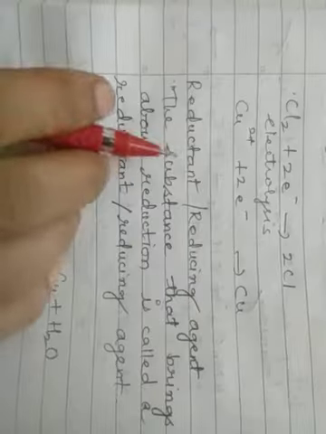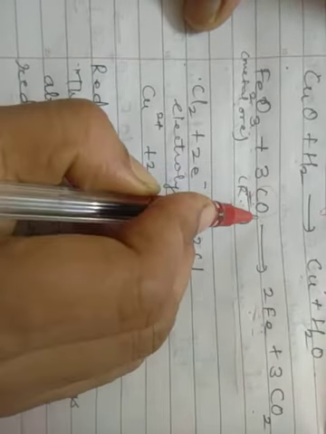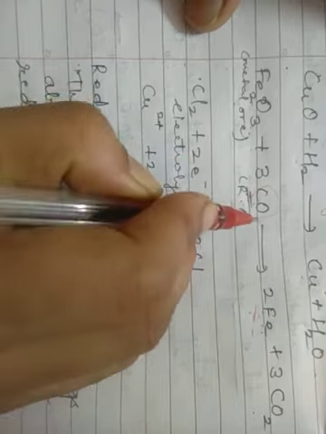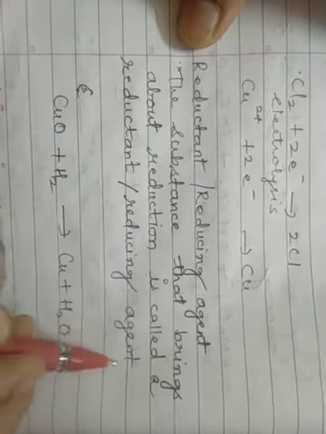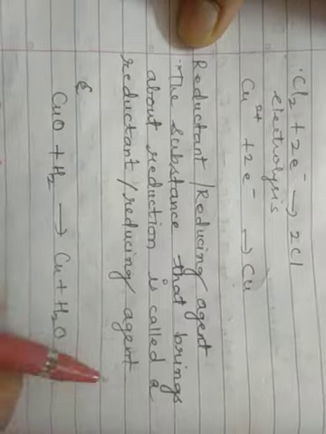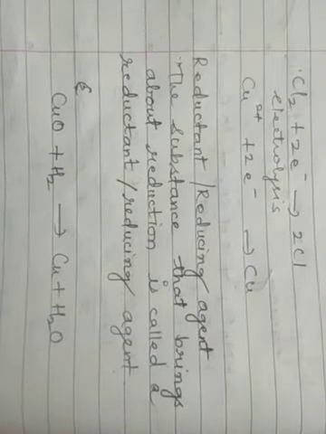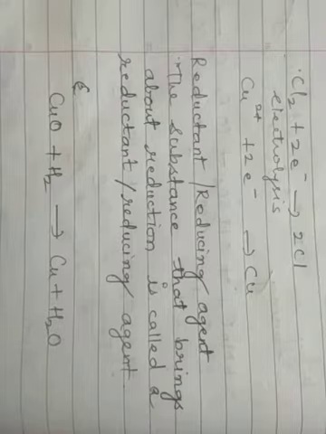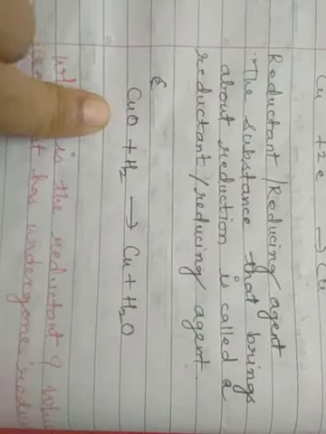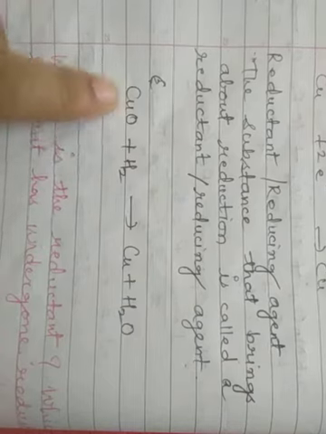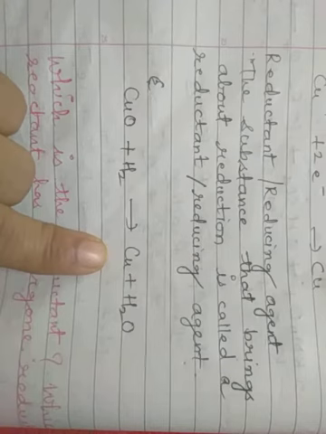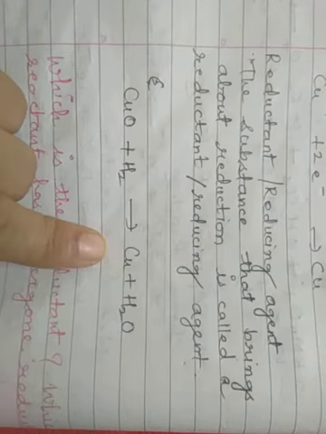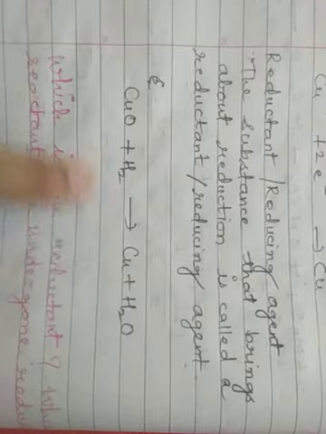Okay. So now let us see. Carbon monoxide, I told you, is called a reducing agent here. This reducing agent is nothing but the substance that brings about reduction, and it is called a reductant or a reducing agent. Like the oxidizing agent, we also have a reducing agent. So here carbon monoxide is acting as the reducing agent. Now let us take this example again, that is copper oxide. When hydrogen gas is passed over this black copper oxide, we get a red colored layer of copper. Copper, remember, is reddish in color. So what is actually happening here?